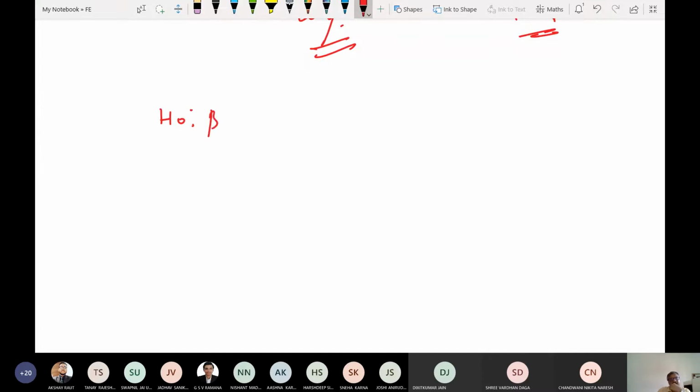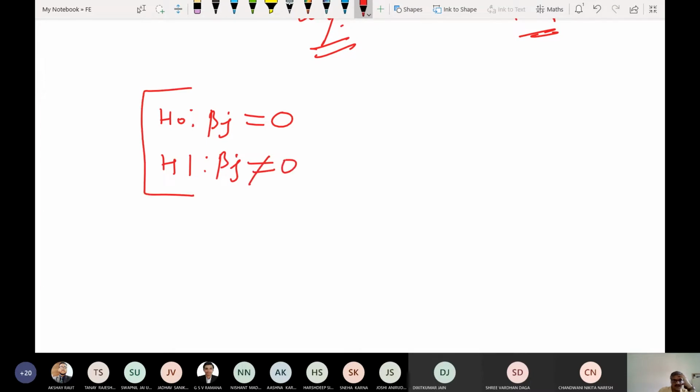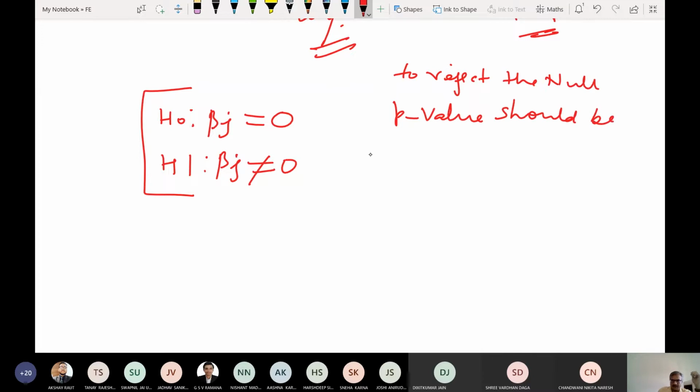H naught: beta j is 0. This is the universal null hypothesis whenever we are testing a coefficient in a regression model, and the alternative is beta j is not equal to 0. And we have also understood very well that to reject the null, the p-value should be less than